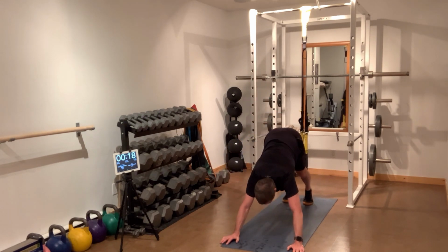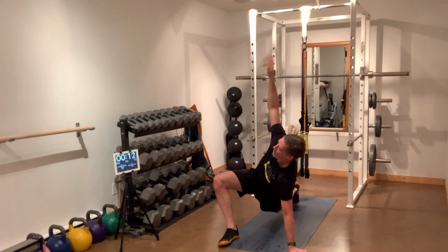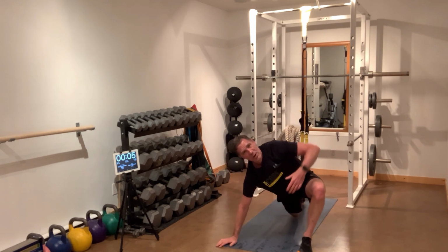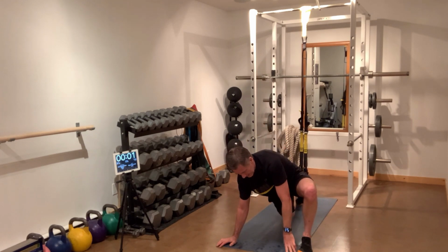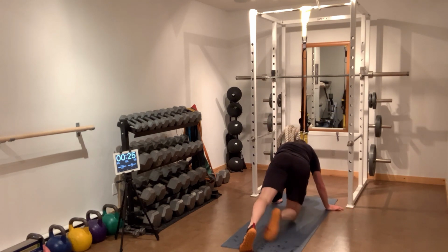Let's do 2 more. Last one on our right side, right here, all the way up. We've only got 1 stretch remaining, and we'll be all finished. All the way up. Coming through again, 1 time, up and reach, all the way through. Nice. Now we're gonna spin, face our suspension trainer right here, pull our right leg through, put our left hand